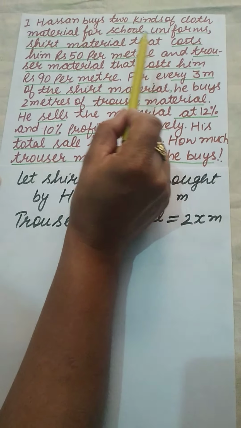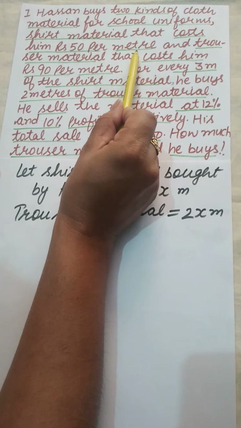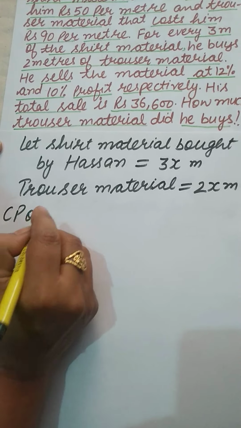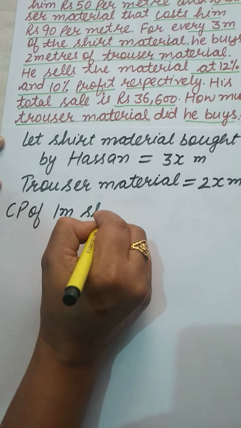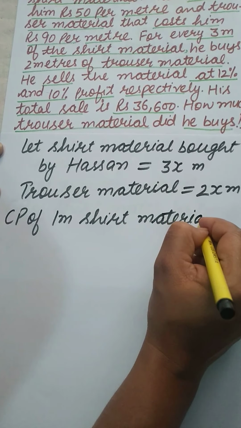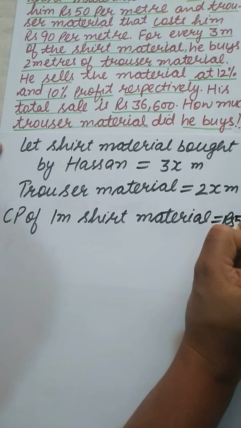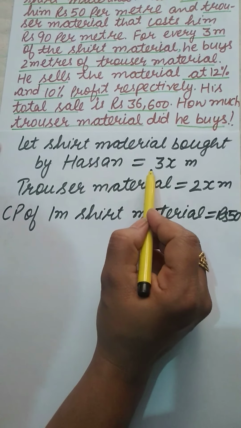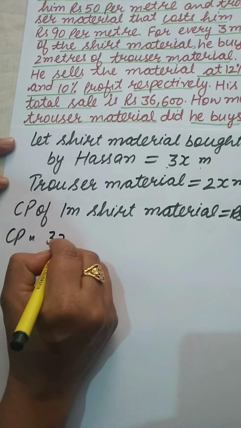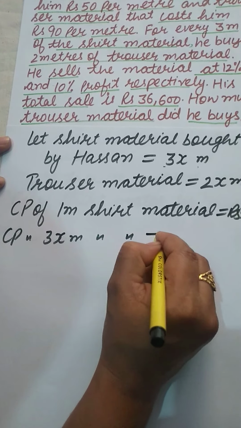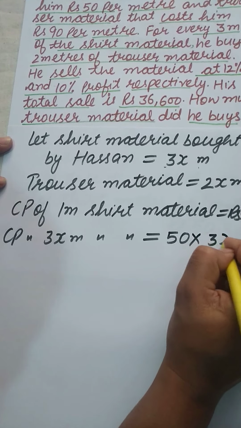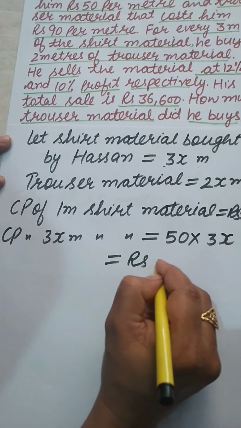Now the cost per meter for the shirt material is rupees 50. So the cost price of 1 meter shirt material is equal to rupees 50. We are to buy 3x material. So the cost price of 3x meter shirt material is equal to 50 multiplied by 3x,